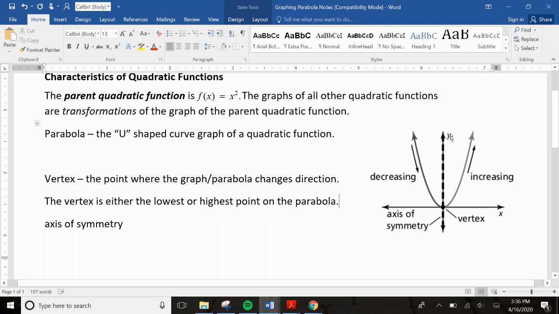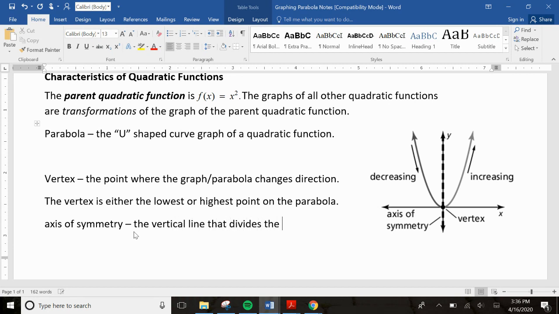We can see that this left-hand side, if I were to reflect it over the y-axis, or over what we call the axis of symmetry, this dotted line, it would end up laying flat on the right side. So all parabolas are symmetrical through a vertical line. So the axis of symmetry, let's go ahead and define that, is the vertical line that divides a parabola into two symmetrical